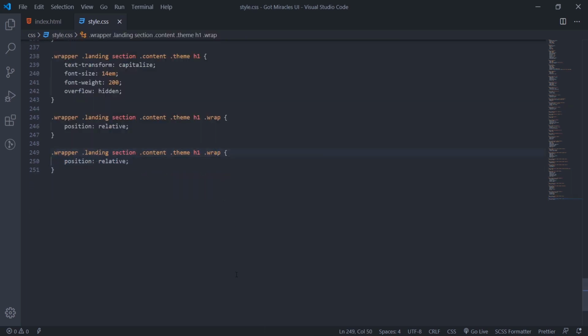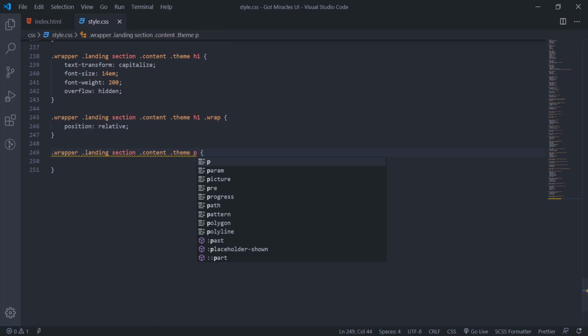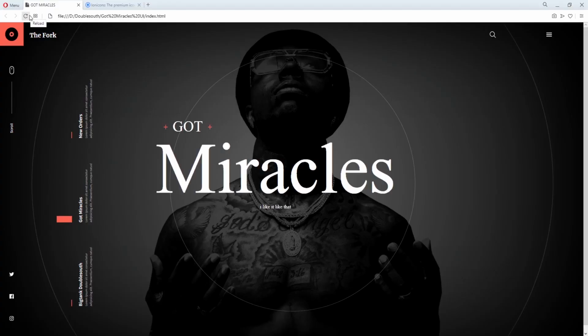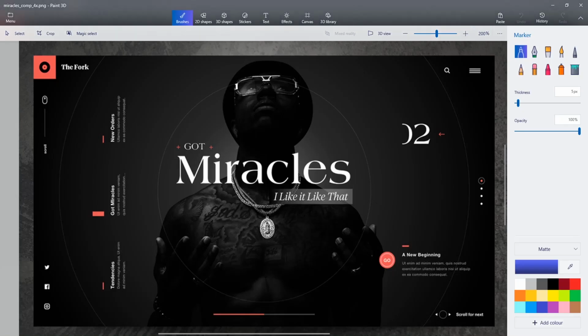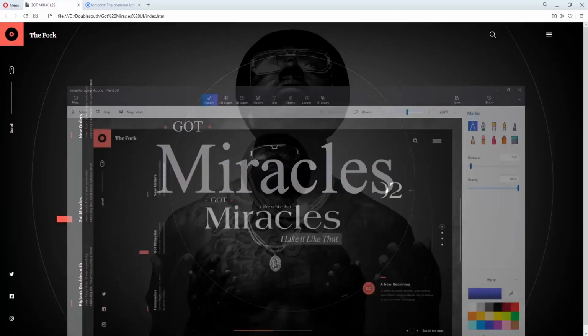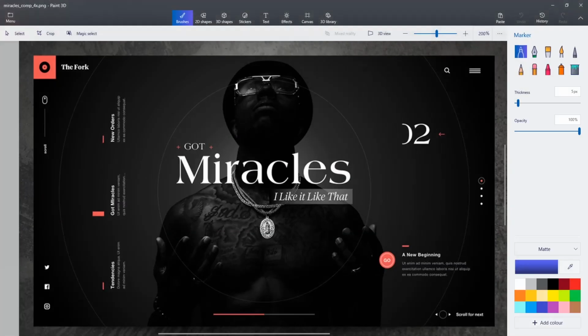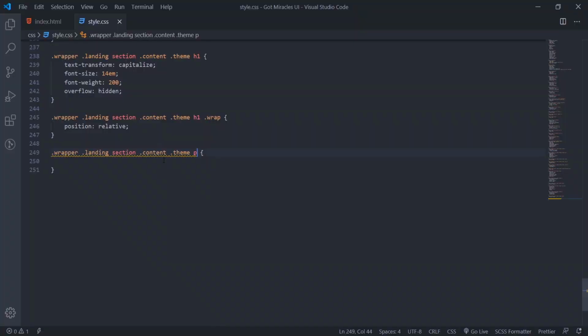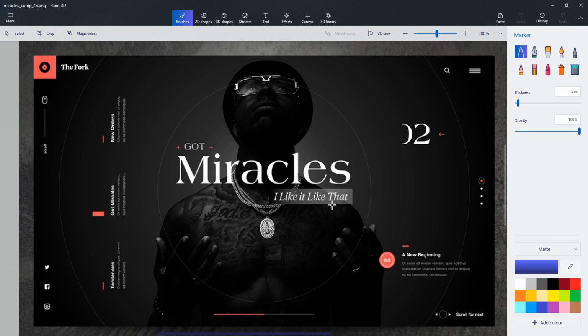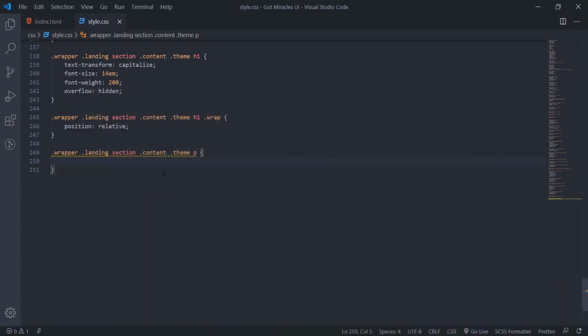Then the next thing we could do, we could target the paragraph tag. Before I target, I'm going to see our progress. I'll refresh and you see it show. So I'll target the paragraph tag now. That means we want to do this. I like it like that now. So I'll target them and